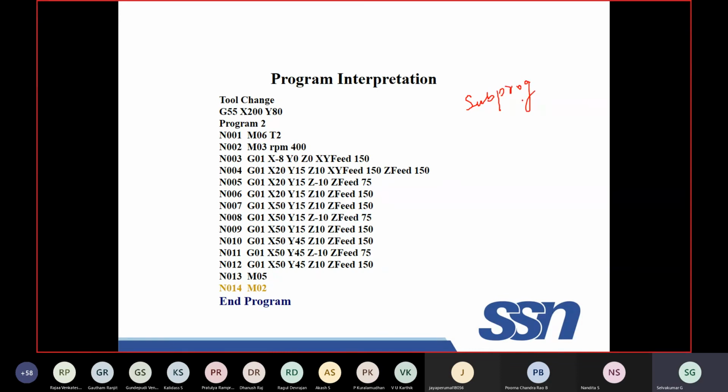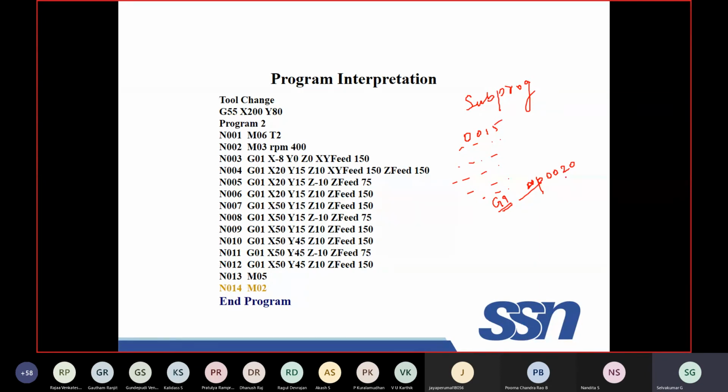Subprogram: what is a subprogram? You write a program. See, here I can say O0015 is the program number. I can define certain things: tool, offset, milling and all. Once the milling is over, I can choose some G code, G98 or 99, I'm not sure about it, some code which will call the program number P0020.